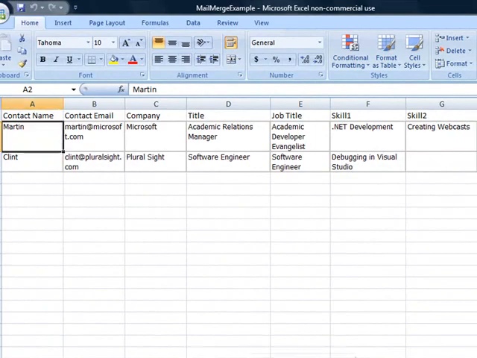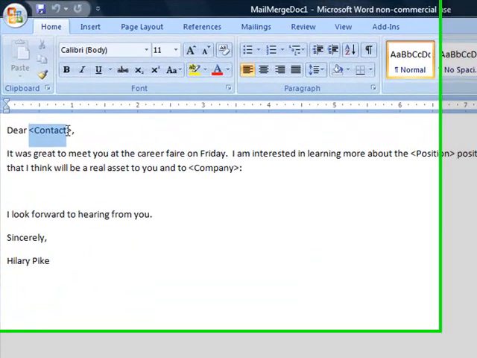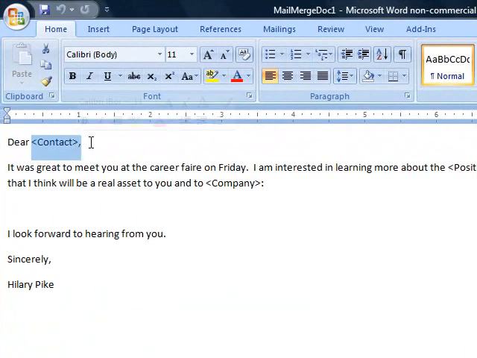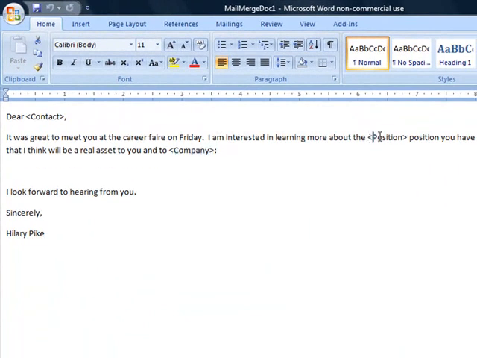Next we'll look over in Word. And in Word I've created a general template for the email that I'd like to send out. So what we want to do now is actually go through and replace some of the personalized information with the information from the template. So here I'm going to replace things like the contact, the company, the position, and then I'm going to list some skills down here that I'd like to list from the Excel